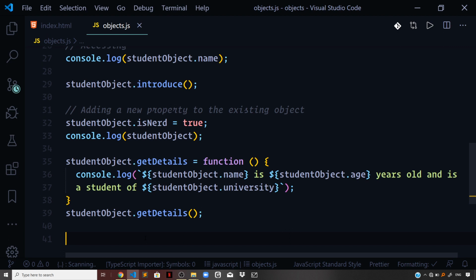As simple as that. Now sometimes there might be a use case wherein you want to get rid of a certain property defined on the object. So the property is sitting on the object and we want to get rid of it. For that case, you can make use of the delete keyword. Let us see that in action. So if I want to delete the age property of the student object, I can say